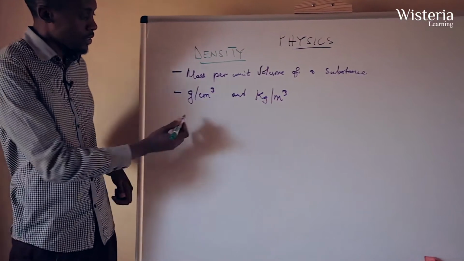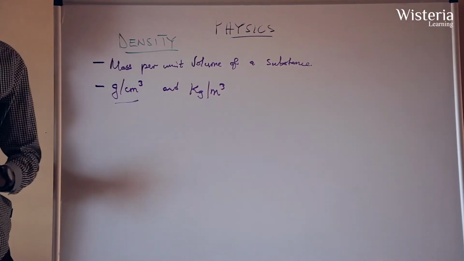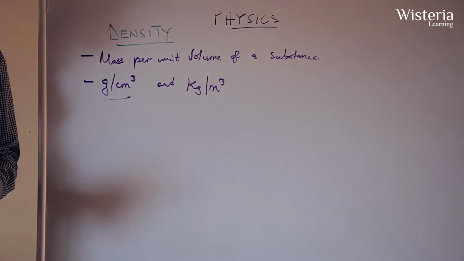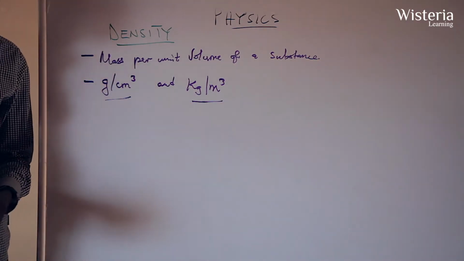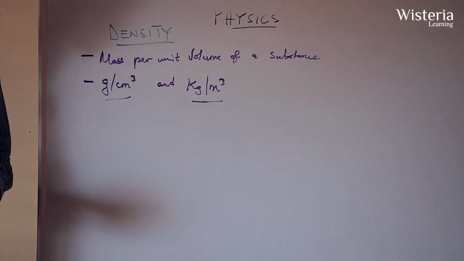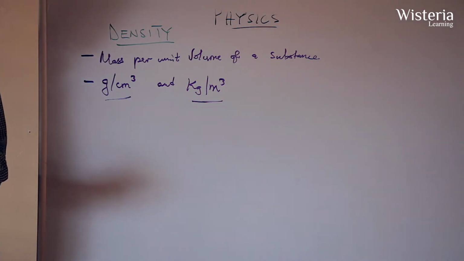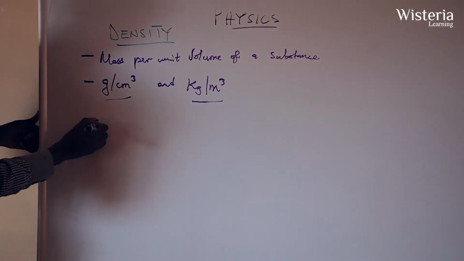The first one is grams per cubic centimeters. These are smaller units of density. The other one is kg per meter cubed. This one, bigger units of density. So we need to understand here that when we are determining the density of a substance, we actually use a particular formula. The formula is